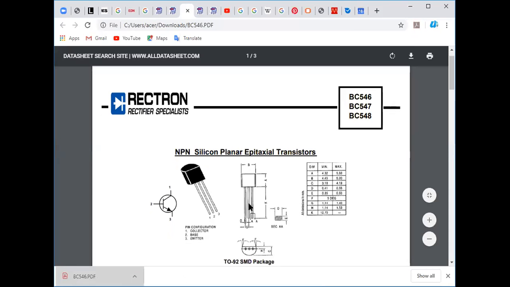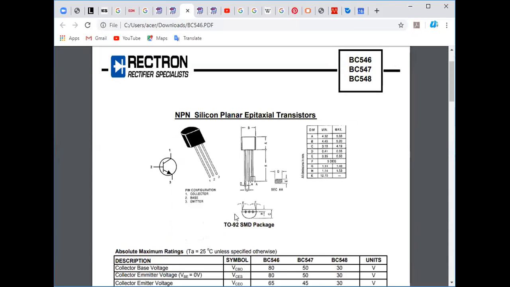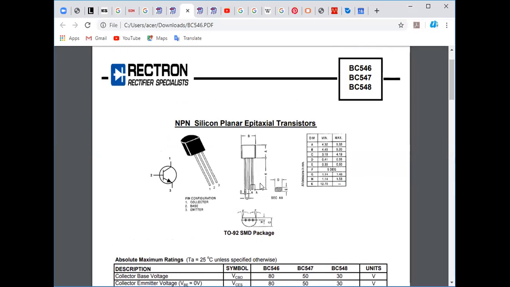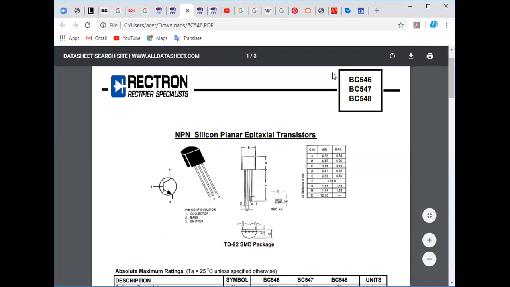See, it is a TO92 package. TO92 package BC547, 546, 548, all are the same type. On the top right corner of this PDF sheet, it is given that BC546, 547, 548 are all of the same kind.